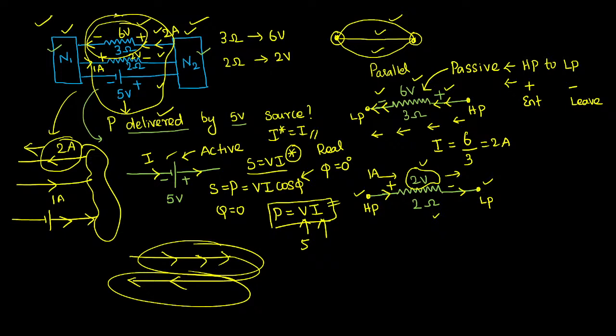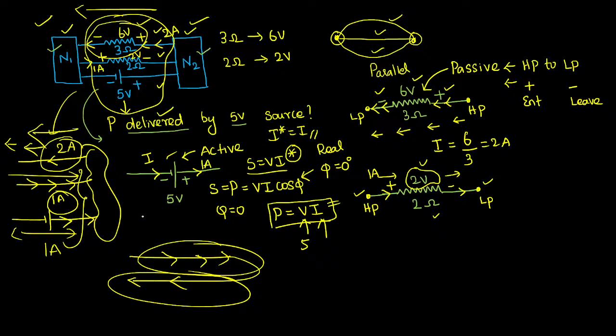So now here, 2 ampere current is going on this side, 2 ampere current is going on this side. Then on this side also, the same 2 ampere must come. See, in this branch 1 ampere current is coming from here to here. Then in this branch how much current must come? 1 ampere current must come, such that this 1 ampere and 1 ampere together will be returned to the same network as 2 ampere. That's all, that is the basic logic. So in this circuit,